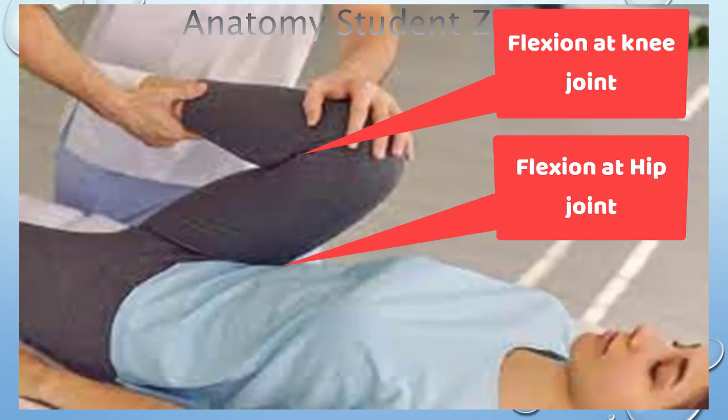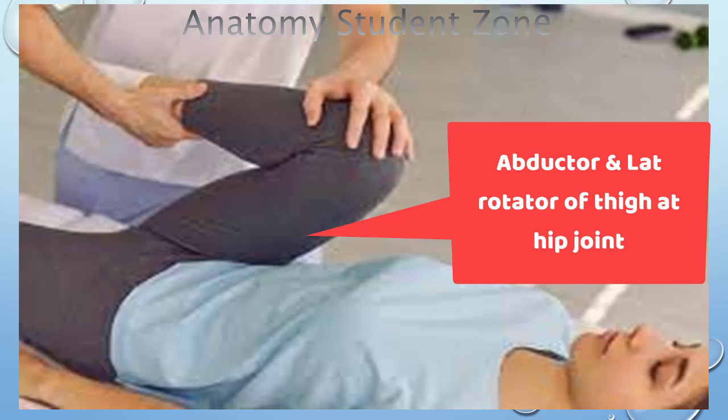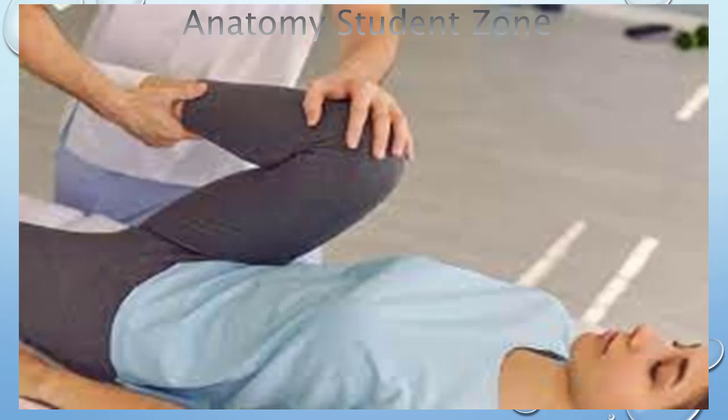Again, I am repeating, this is a flexor of hip joint and knee joint, but I have already told its action are weak action, but mainly it's going to act as synergist muscle. So it is also a weak abductor of thigh as well, and the lateral rotator of thigh at hip joint. So at a hip joint, it is doing flexion, abduction and lateral rotation.